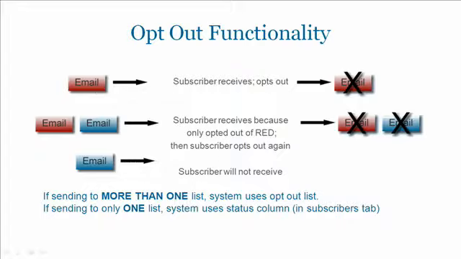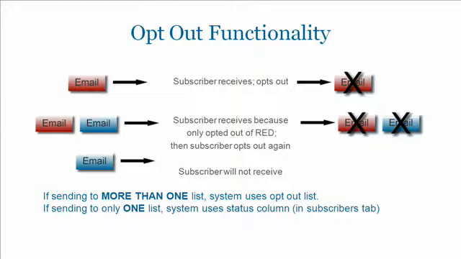Opt-out functionality is probably the area that we receive more questions on than any other area when it comes to email marketing. We've tried to simplify it here as much as possible. Your opt-out list lets you manage email addresses for people that have opted out of receiving campaigns. It's important as a courtesy to allow your subscribers to unsubscribe from your emails. And to do this, you need to make sure that you add the unsubscribe feature to each email sent by